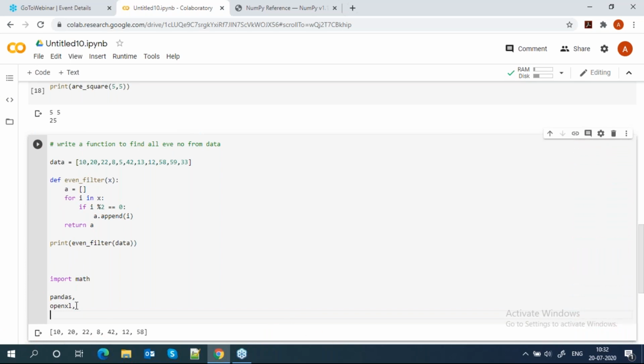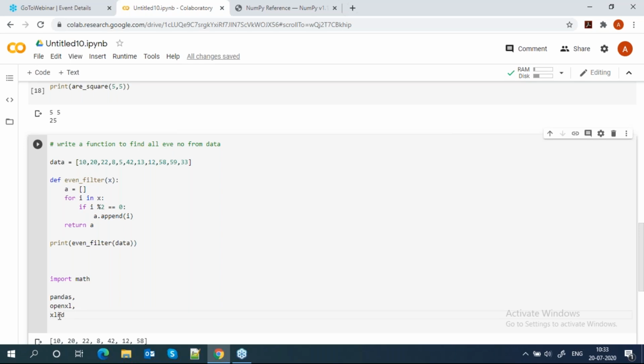There are a lot of libraries. You can compare the methods and see which is best used according to your project. Mostly Pandas is very popular. Another one is XLRD. This is also one library for working with Excel and CSV, but it will not support SQL queries, HTML files or JSON files. But Pandas supports all kinds of file formats like Excel, CSV, text, HTML, JSON, Parquet, Avro, even database tables and database queries. So mostly we are using this.